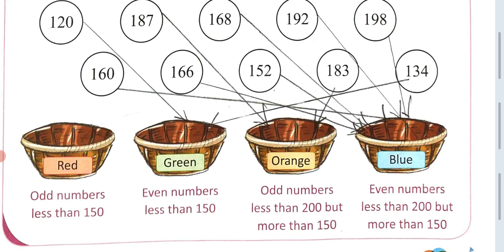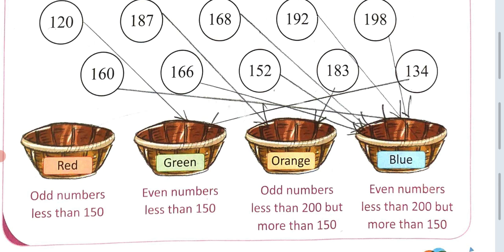So ordering numbers: I have told you the numbers arranged from smallest to biggest is ascending order, and when the numbers are arranged from biggest to smallest, it is called descending order. Ascending order is also called increasing order, from smaller to bigger, and descending order is also called decreasing order, from bigger to smaller. So I have done it for you students. 2 exercises I have given you to do by yourself, and the coloring also you do by yourself.